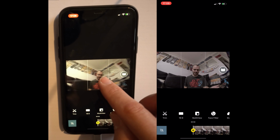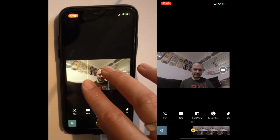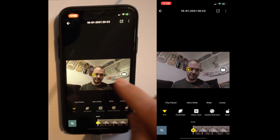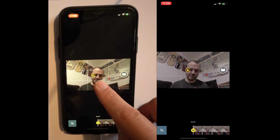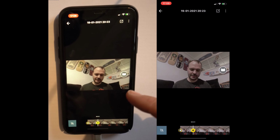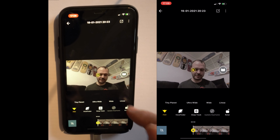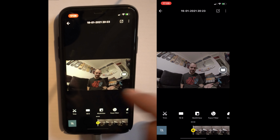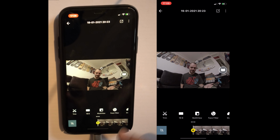And not only can you pan around, you can also zoom in and out as well. So, if we say, for example, I want to keep myself quite centered in the frame like that, and we'll try and keep the zoom at that sort of level and pointed in that kind of vein most of the time. Okay, so to begin editing, we need to create keyframes